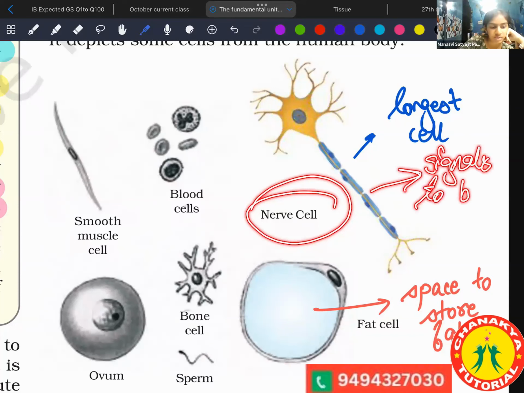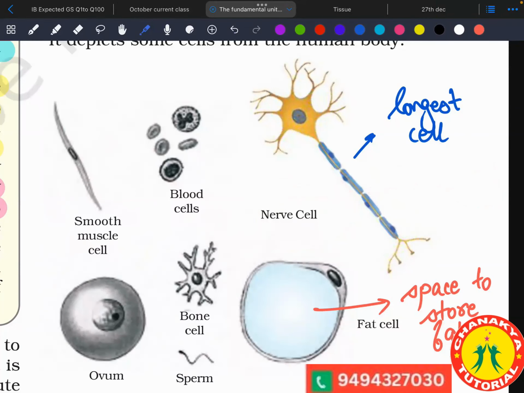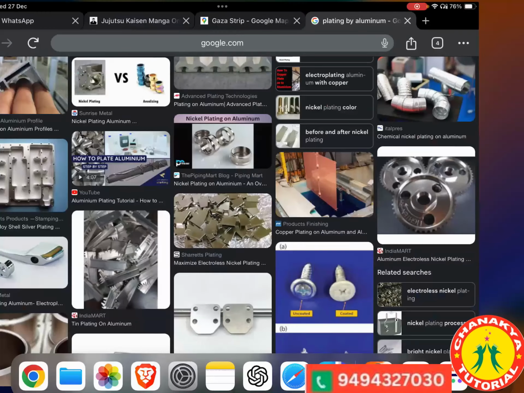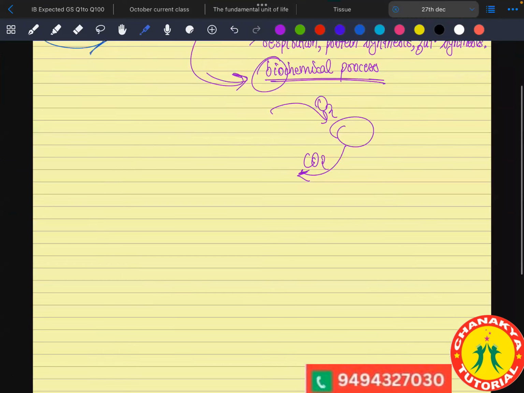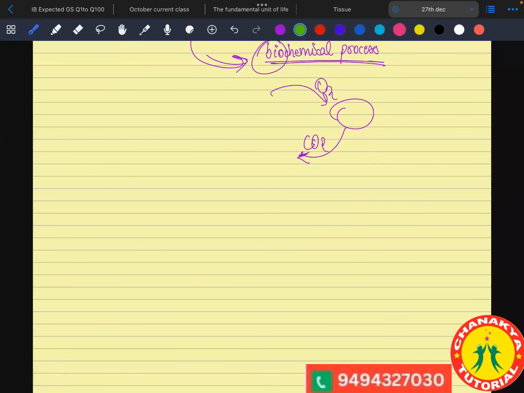So how many types of cells are there? There are many kinds of cells. These cells are not restricted to the human body, but are also in animals and plants. But for a broad category, cells are divided into two types. Cells are divided in terms of number of cells and in terms of structure of cell.